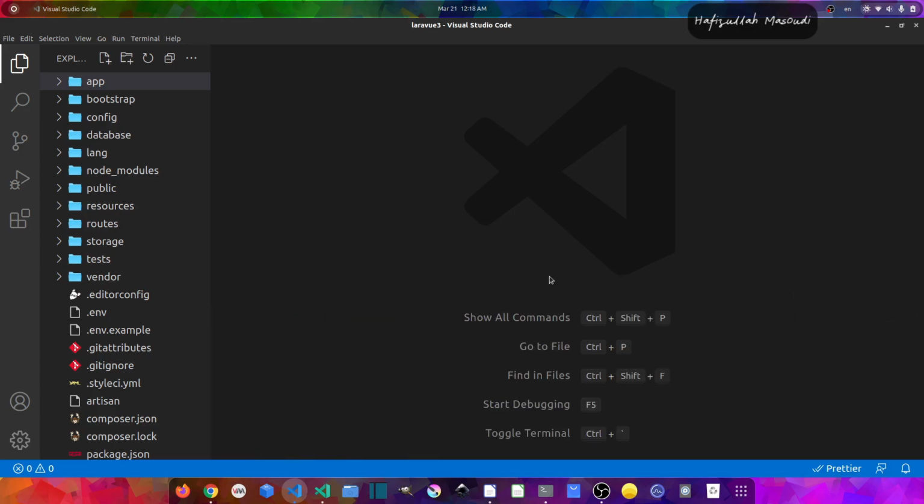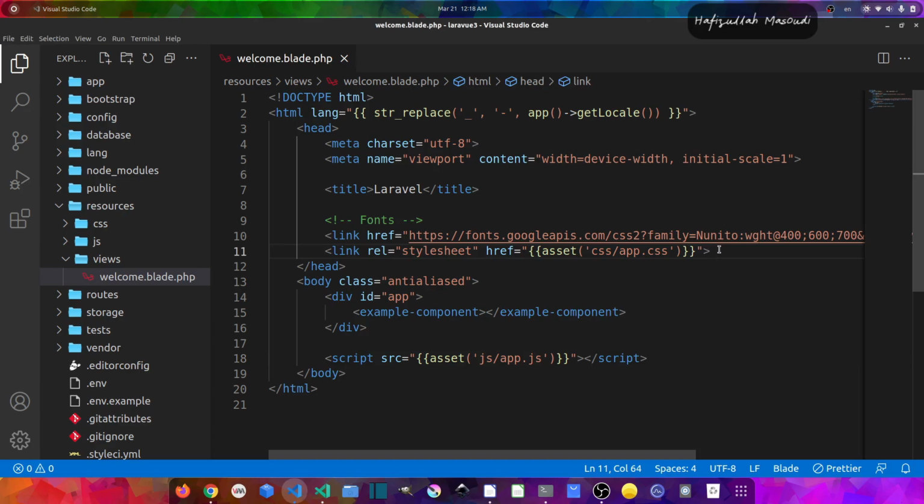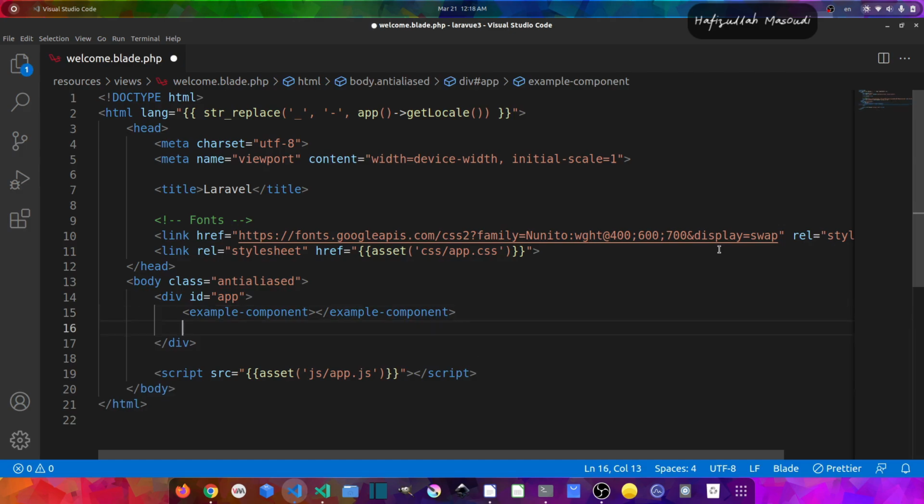Now let's close the terminal, and first of all let's go to the blade and create some router links and also declare the router view where we will show the component data. So let's go to the blade, let's go to resources, views, and welcome blade. Now in here what I will do is first of all close the sidebar, and after that let's write some